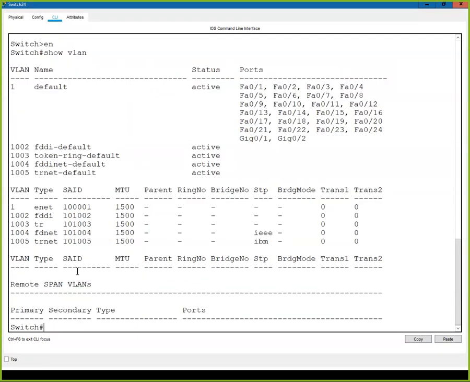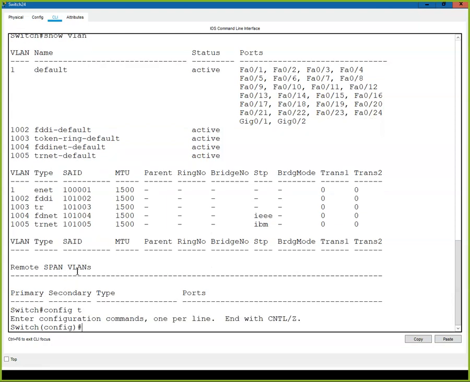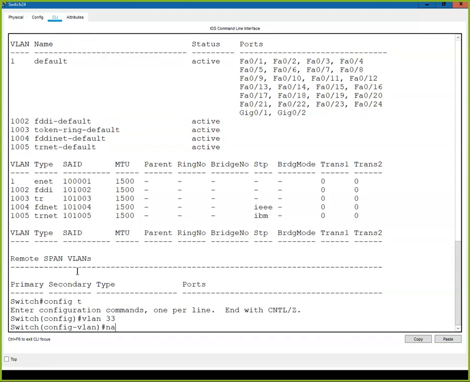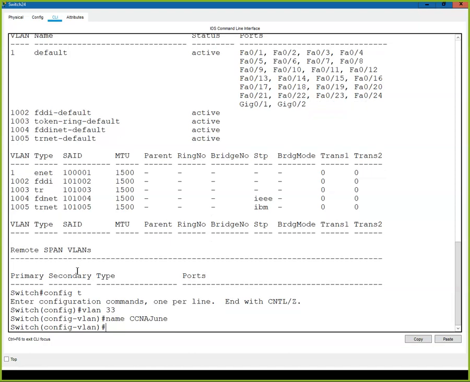If I wanted to create one, I would just go to config t and do VLAN 33, and we can name it CCNA_June. You can't have spaces in the name. You can have numbers. If you want to have spaces, you have to use the underscore key. So now we can use the do command,